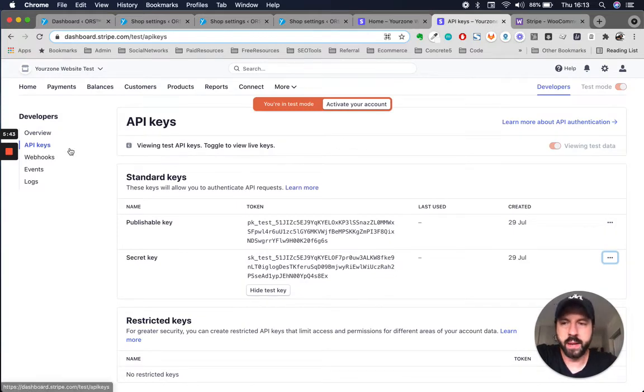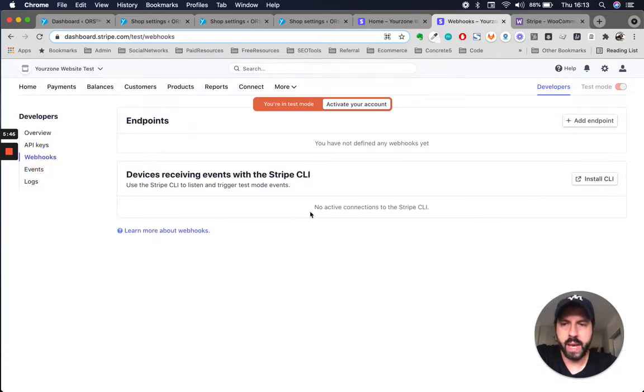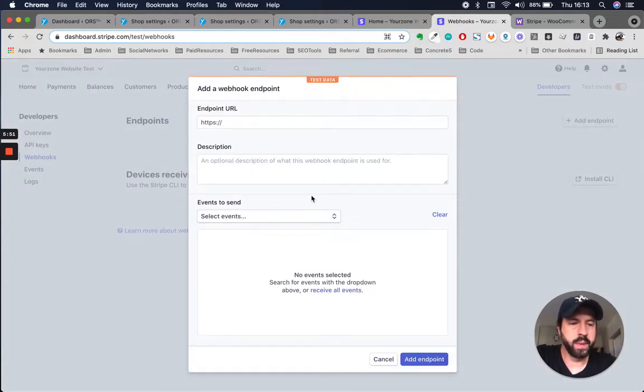So once you've done that, go to webhooks, and we're going to have to create a webhook, because once a payment goes through, Stripe is going to communicate back to your website, telling your website that the payment was successful, and it'll update the order status in your website from processing to, I don't know, it'll just say the payment is successful, so that your website knows that the user that bought the product, whatever it is, your website also knows that the payment was successful, and it'll send the user the products you set up in